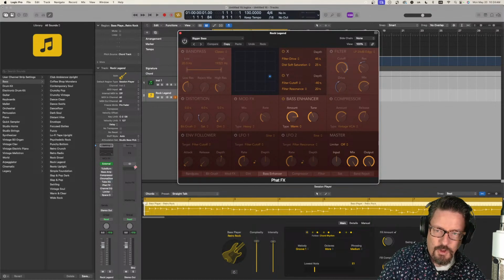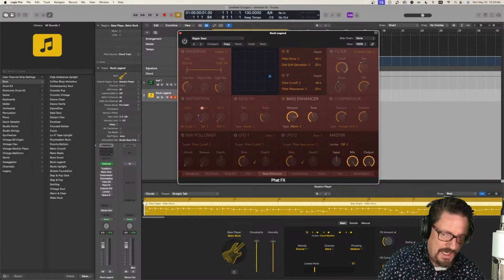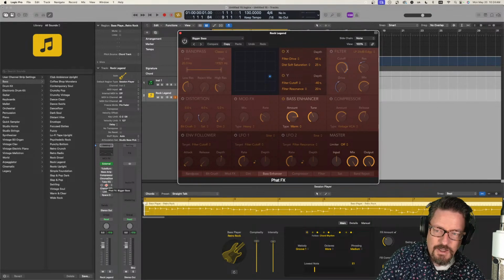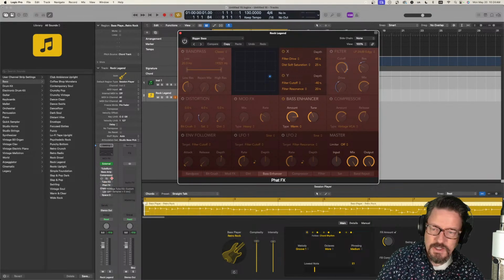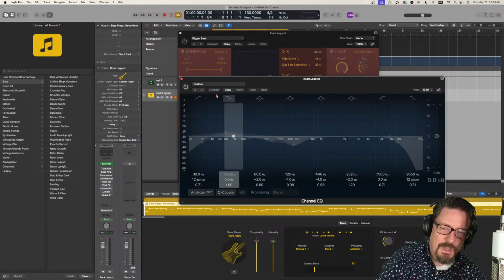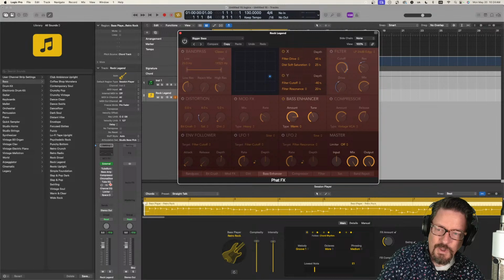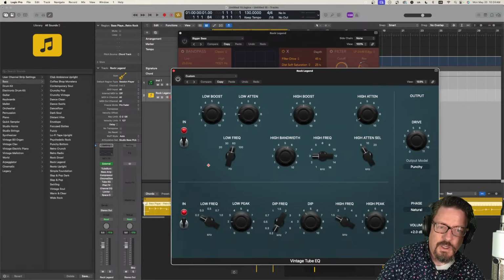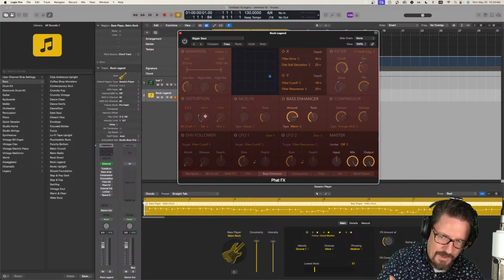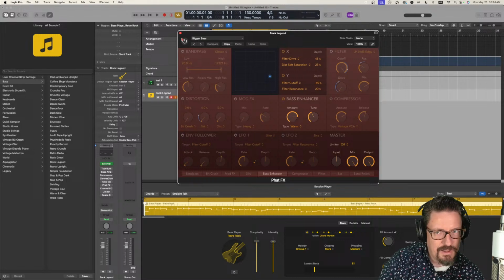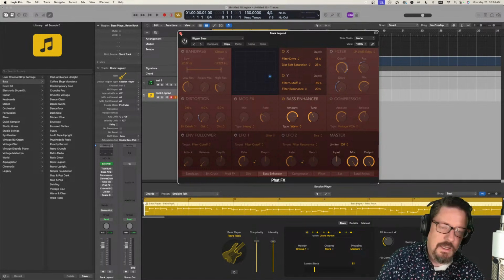Maybe having the Chroma Glow is better than the built-in distortion of Fat Effects. Possibly. I mean, they seem to certainly suggest that, but until we've used it for a number of periods of time, we're not going to be able to really confirm that. The channel EQ may have some additional bands and things, but having the channel EQ and the tube EQ, I mean, we're just looking at phase upon phase upon phase instead of simplifying the phase. And especially in low frequencies, I think phase is relatively important. And so